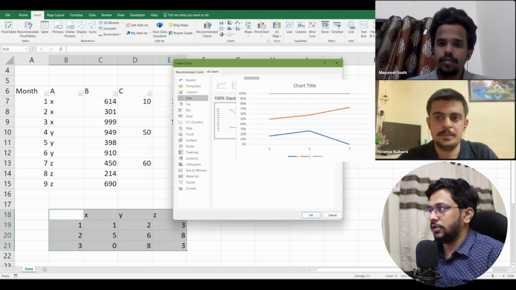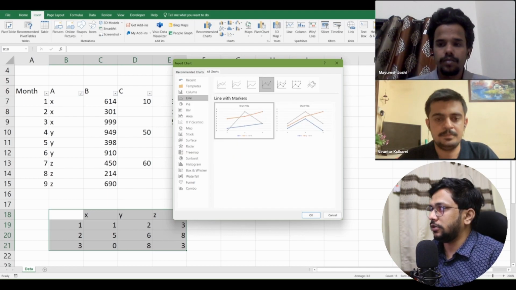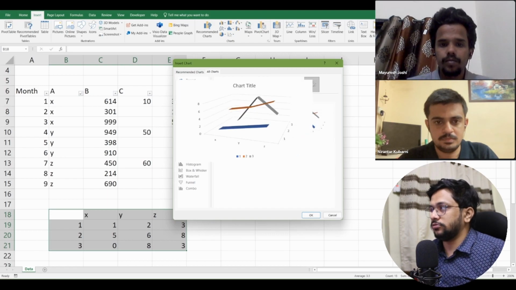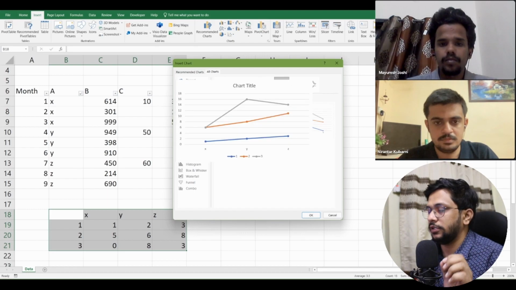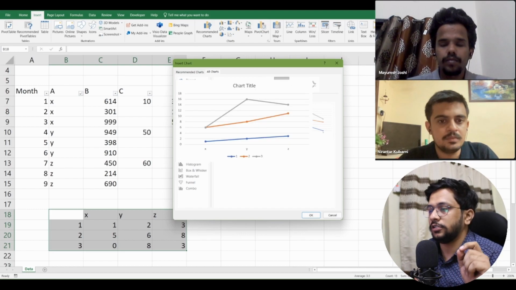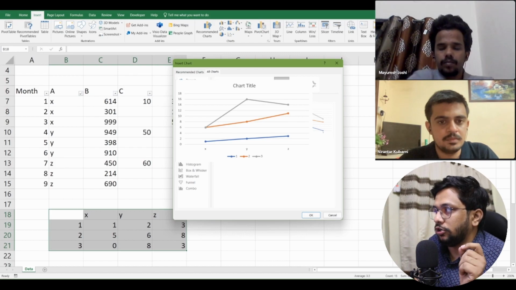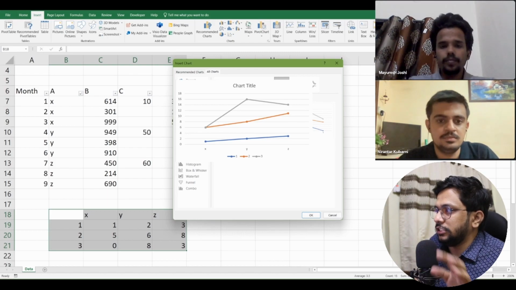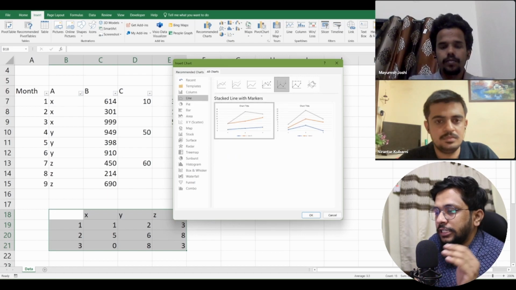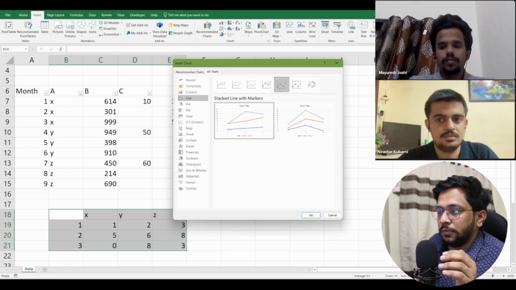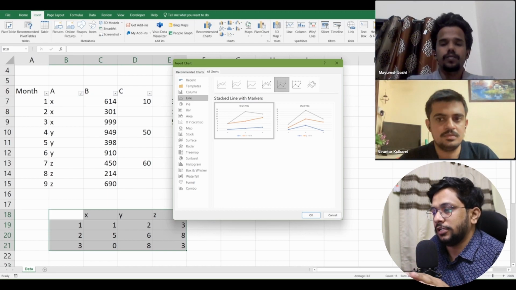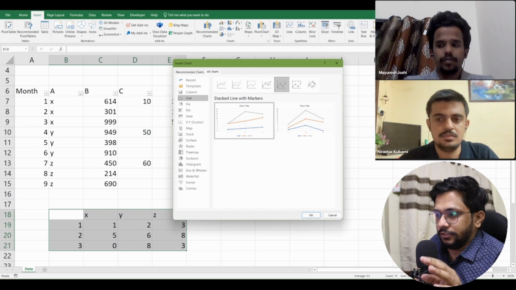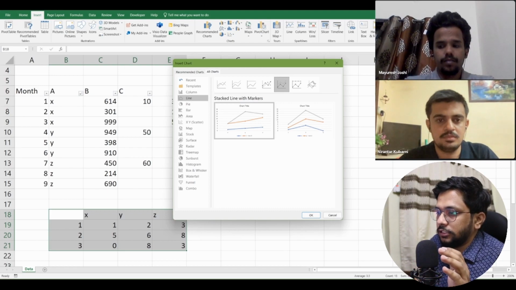Understood? So this is about line charts, and that's what I just wanted to let you guys know. And this is like a 3D representation, and then with pointers you have. So every data point wherever there is one, you can see the dot over there. Okay, so these are different use cases of it. So in the next part, we will learn about pie and bar or horizontal bar chart. It's more or less the same, nothing very fancy over there, and we will cover area chart also in the same session.